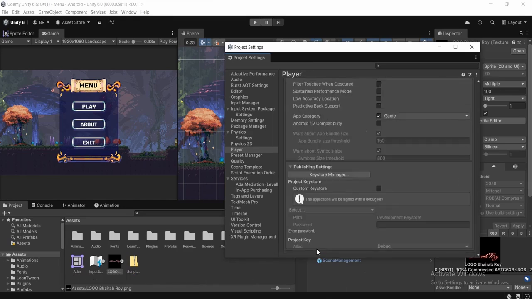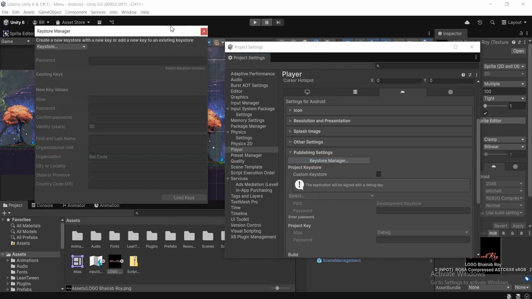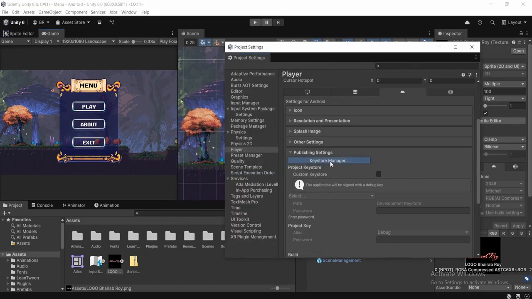And now we can scroll down and move over to our publishing settings, and we can create a key for that. If I move over to my publishing settings, we can see it says Keystore Manager. Click there, and we need to create a key, basically a password that's going to keep our project safe and private. Without our permission, no one can develop it. So we need to create a password. Since we don't have any password, make sure you click on this Keystore Manager,